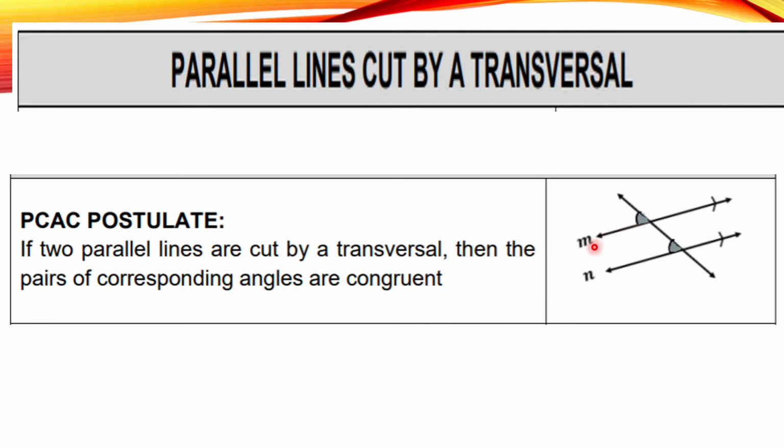So we have here parallel lines cut by a transversal line. Corresponding angles are congruent, so this angle is congruent to this angle. And here, this one is congruent to this one. This angle is congruent to this angle. Okay? Next is